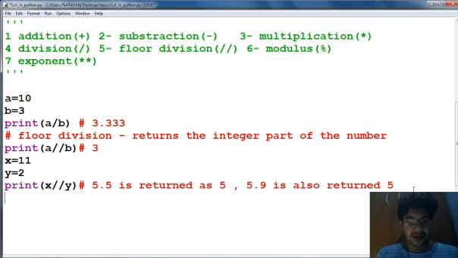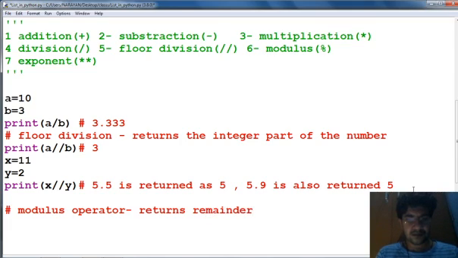Now the next one is your modulus operator. It returns the remainder part.